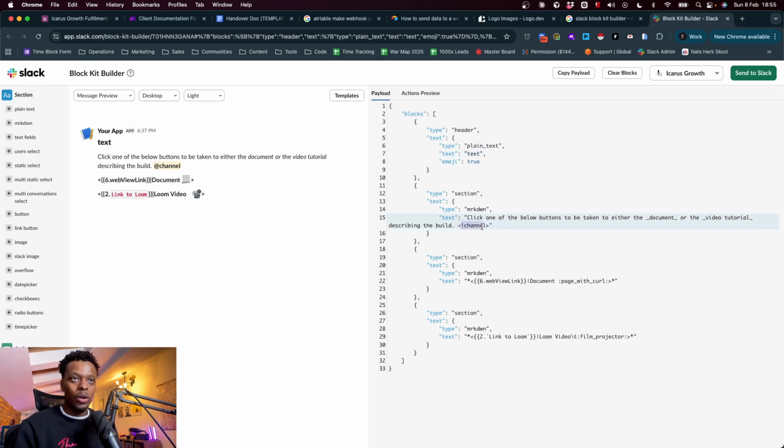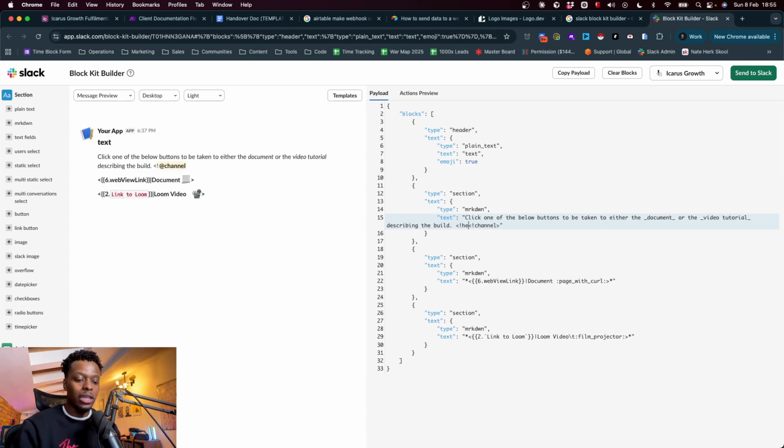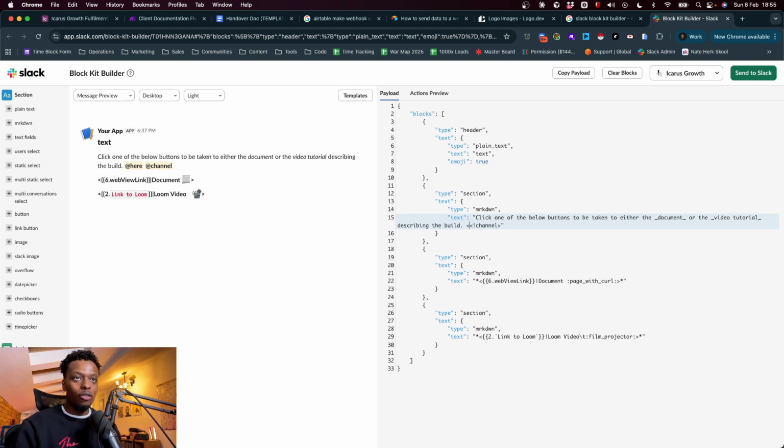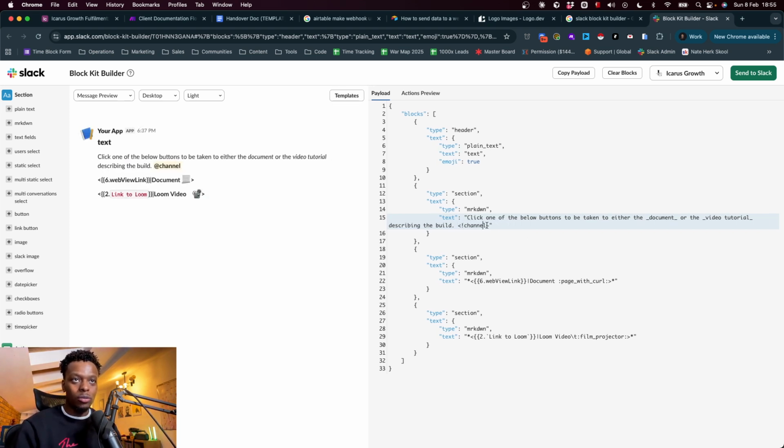And there's a specific way that you can tag people, and it's always the arrow brackets. So if I put arrow exclamation mark here, that's like notifying anybody that's online. Arrow exclamation mark channel arrow gives me a channel notification. So anybody who's in the channel at all, at any point, they could be asleep or not asleep, gets a push notification on this. And then we just drag the document and the Loom video in,